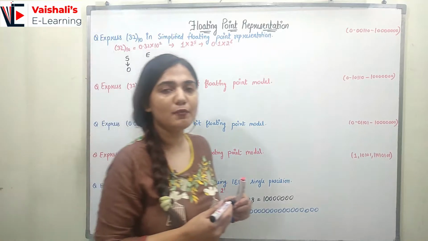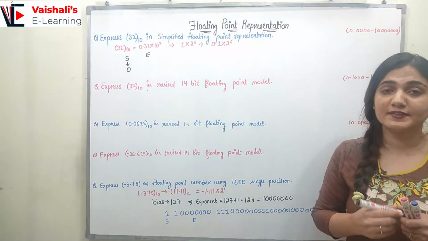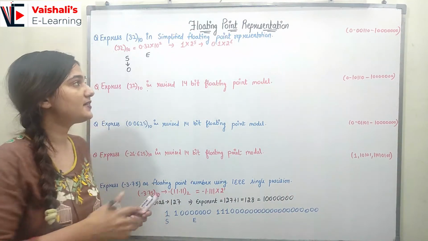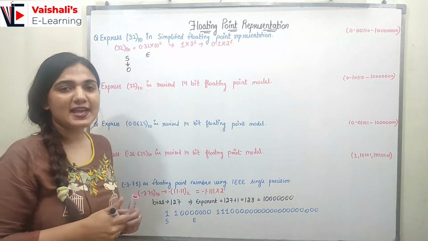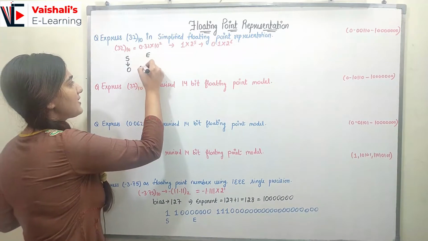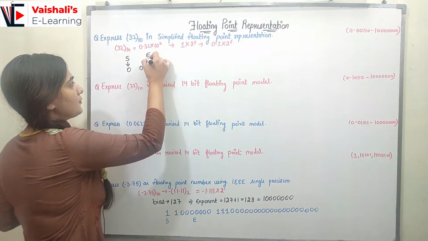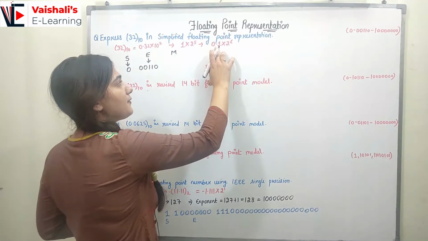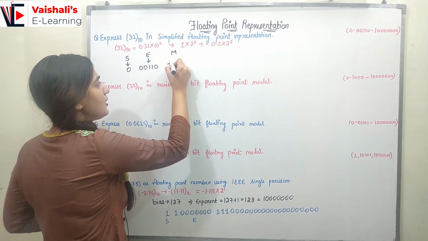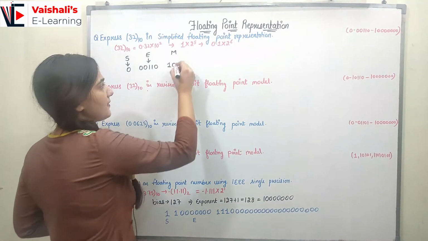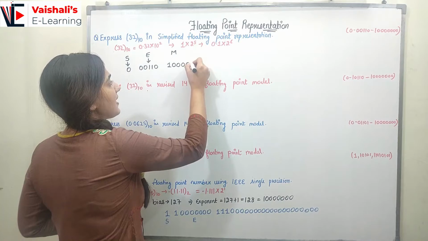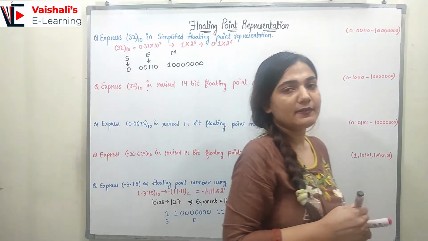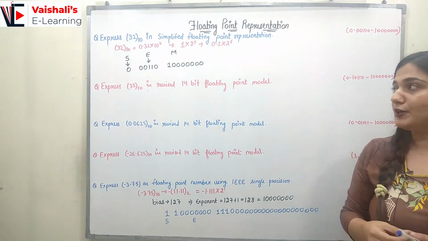In the simplified floating point model, we have 5 bits reserved for the exponent. Now these 5 bits over here are representing the power 6. So 6 can be represented with the help of 5 bits as 00110, right? After that, coming to the mantissa. Mantissa is the number that we have after the point, which is only 1. So we have 8 bits reserved for the mantissa. So here I am going to put 7 zeros after it. So in this manner we can simply make the given number into the simplified floating point model.